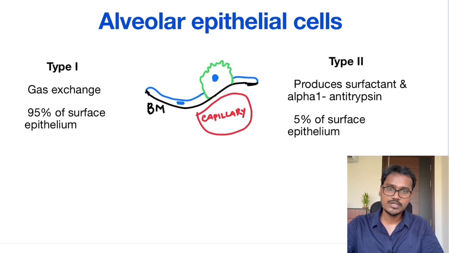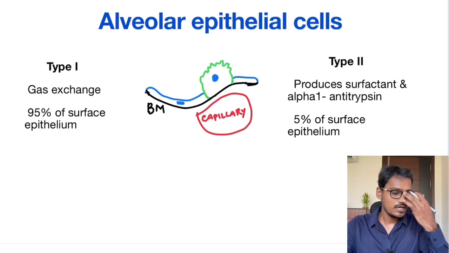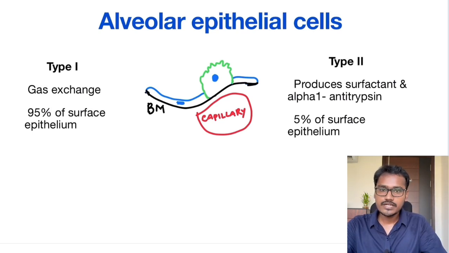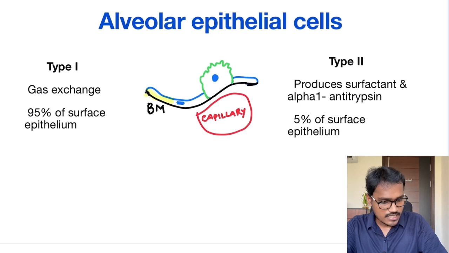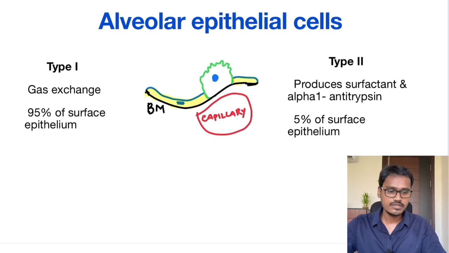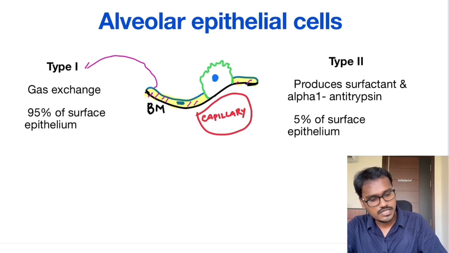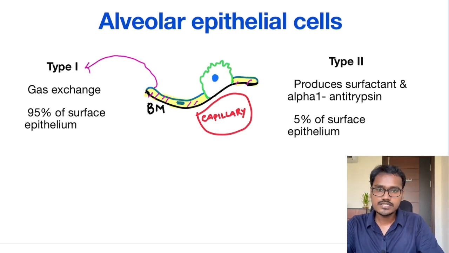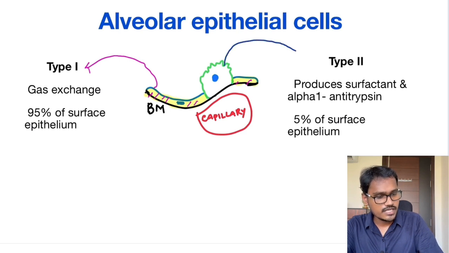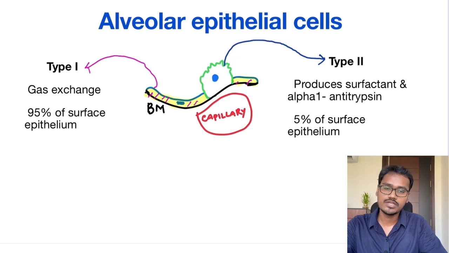These cells are called alveolar epithelial cells, and they are present in the alveolar airway. They are primarily divided into type 1 and type 2 cells. Let's see what their functions are. Here we can see a cell which I am highlighting. This broader cell is occupying a large region of surface area. This cell is called the type 1 cell. The other cell, which is a little larger in size but covers less surface area, is called the type 2 alveolar epithelial cell.